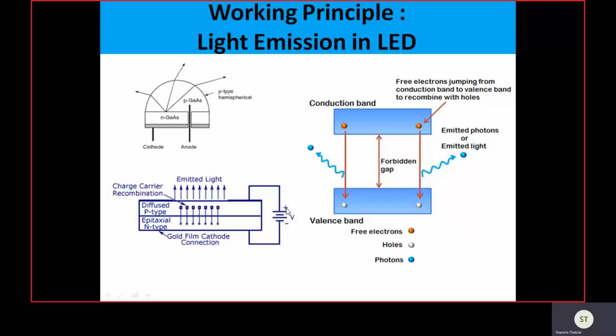So how does this LED work when we apply the forward bias potential? The positive potential of the battery is repelling the holes in the p-type layer, and the negative potential of the battery is repelling the electrons in the n-type layer. When the electrons are repelled by the negative potential of the battery, the electron from the bottom of the conduction band falls to the top of the valence band. When the electron comes from higher energy to lower energy, obviously the energy is released in the form of light. That depends upon the type of material, we can say.